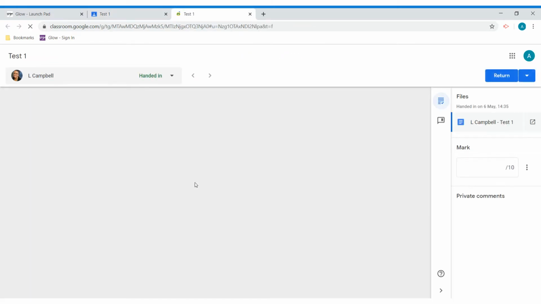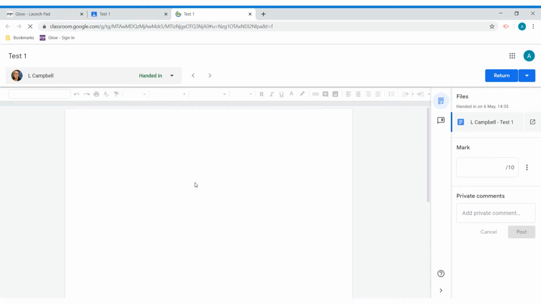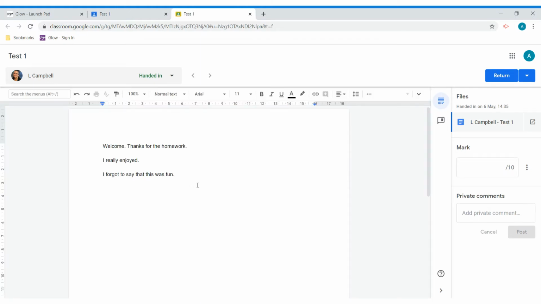So I'm going to click on this particular student to see the work that they have done, and here it is. Okay, so I've got a couple of different options as the teacher here, first and foremost, and it's from this button here. You get editing, suggesting and viewing. The one that teachers are going to want to use more is the suggesting, because edits are then highlighted in